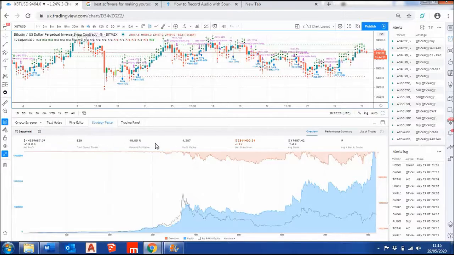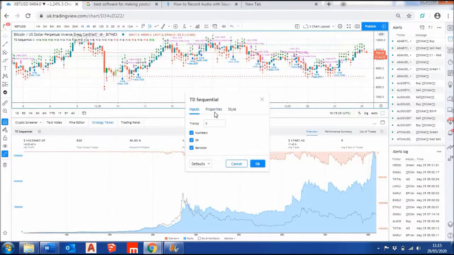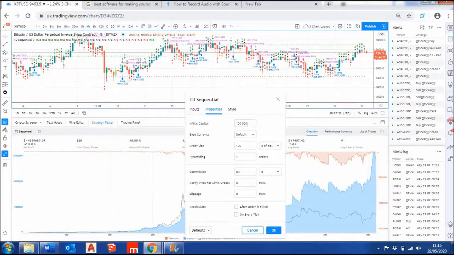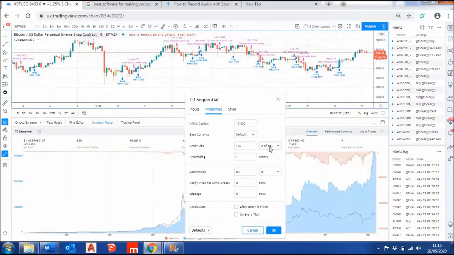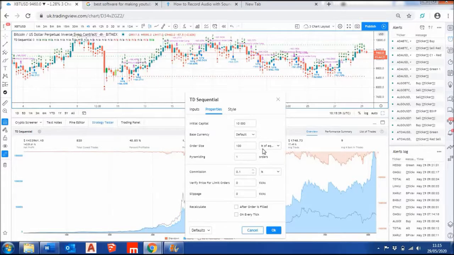So this here should already include the initial capital. It doesn't really matter what that is because it's only looking at returns. That includes commission and 100% of equity in each trade. So hopefully that should